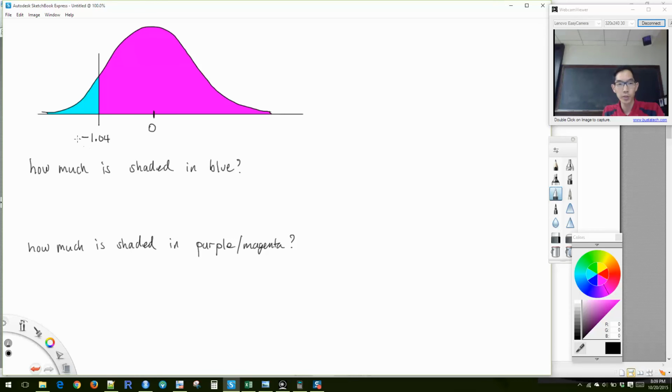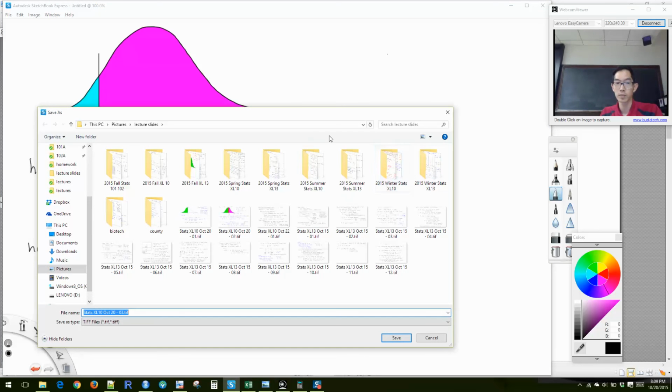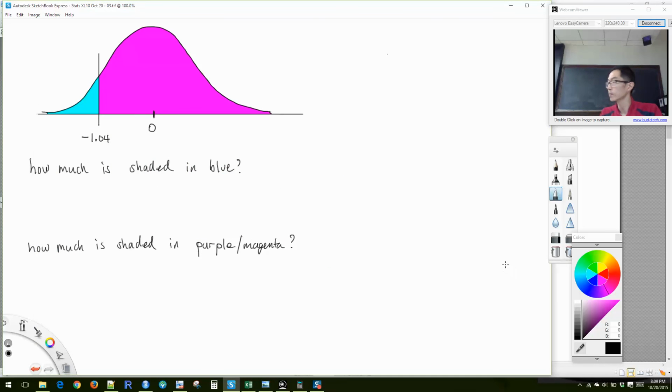Here my cutoff line is at negative 1.04. How much is shaded in blue? The answer is